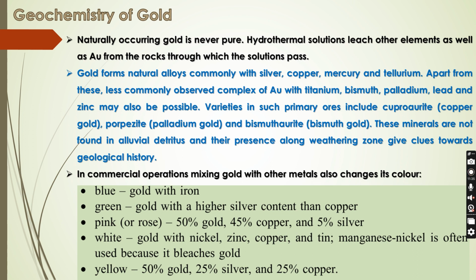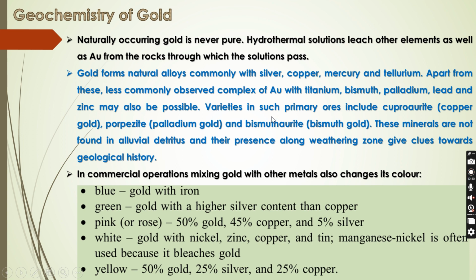So gold forms natural alloys commonly with silver, copper, mercury, tellurium, and apart from this, certainly some less commonly observed complexes are gold titanium complex, gold bismuth, gold palladium, lead, and zinc complex. But that is also possible, but in general gold mostly occurs along with silver, tellurium, mercury. Okay. Now, but these are not